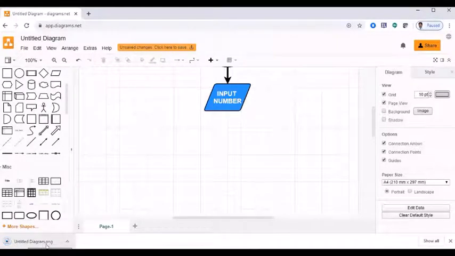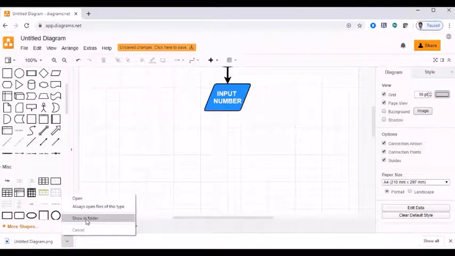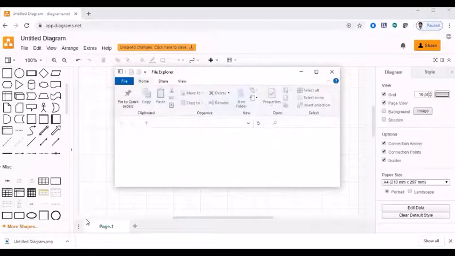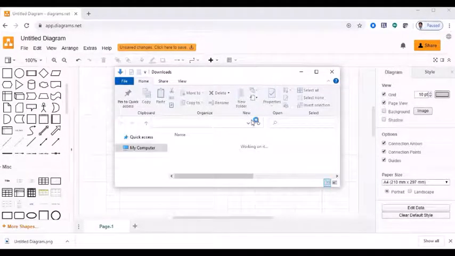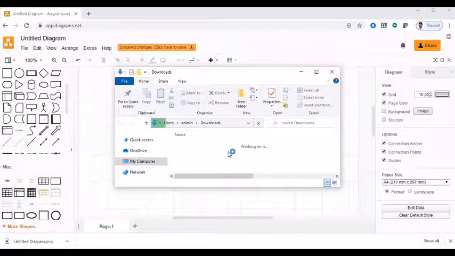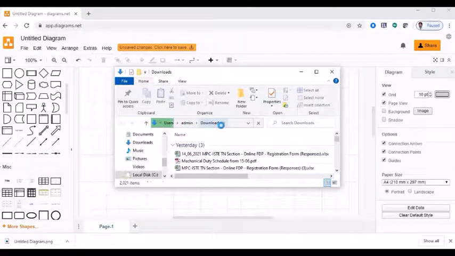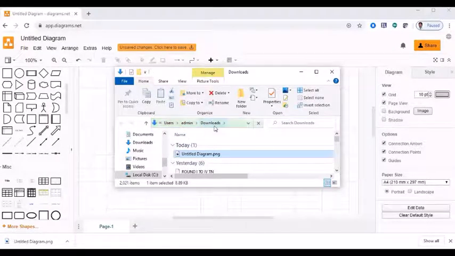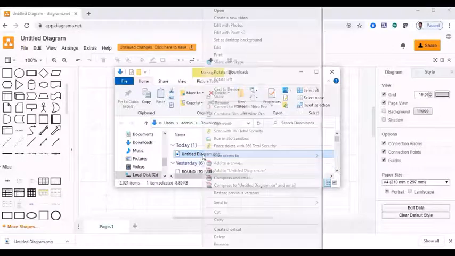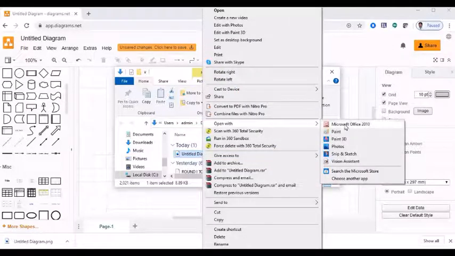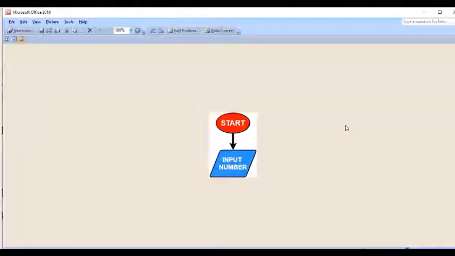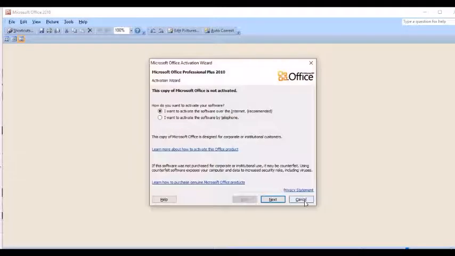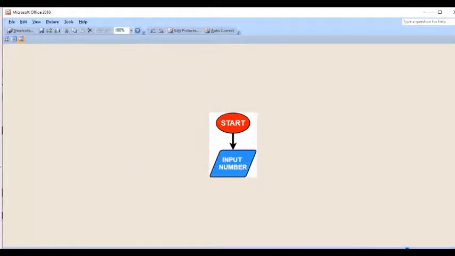It is saved here, you can see, and you can see it in the folder. It is the default download location. It is downloaded in the default location. You can see the drawing here. So this is what we completed so far.